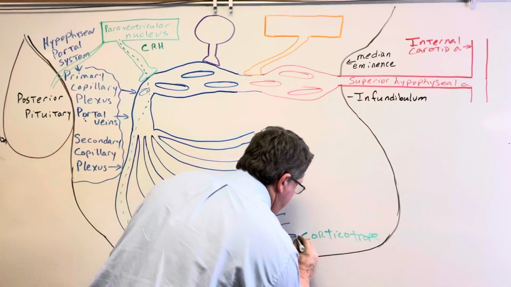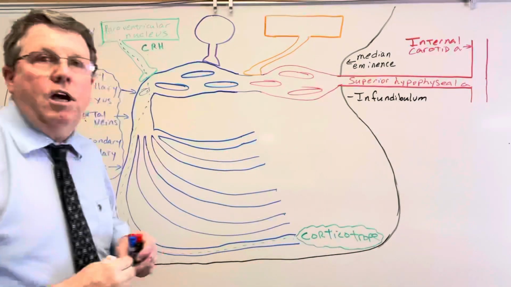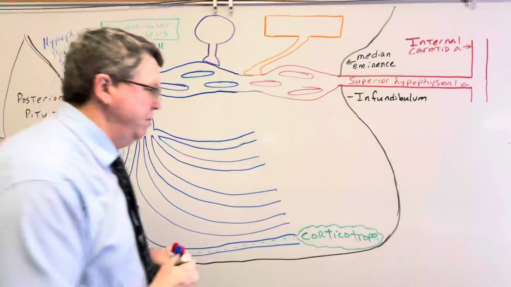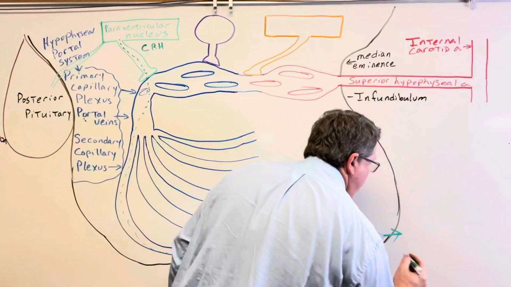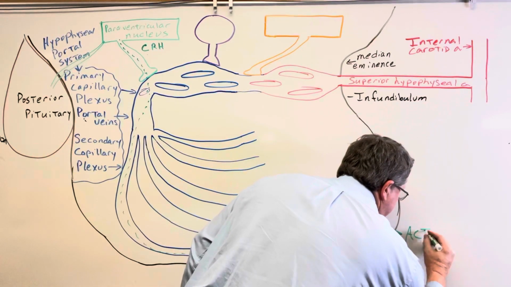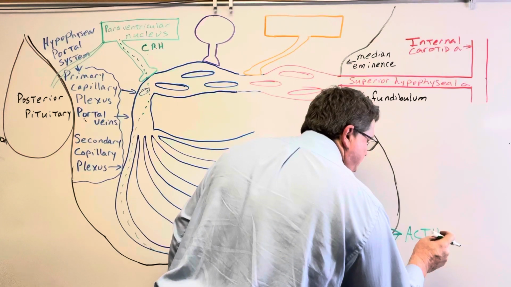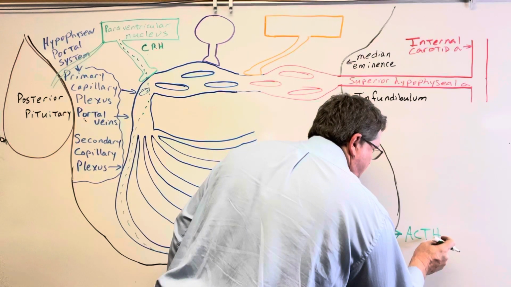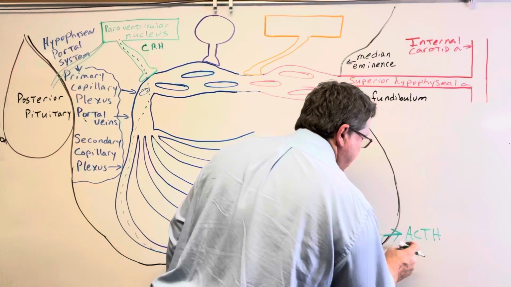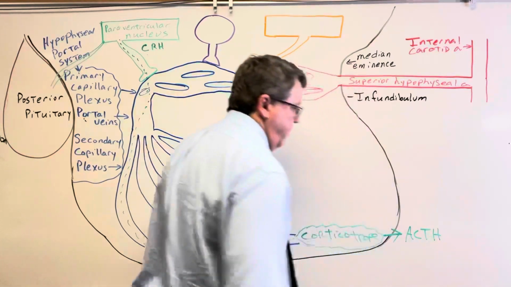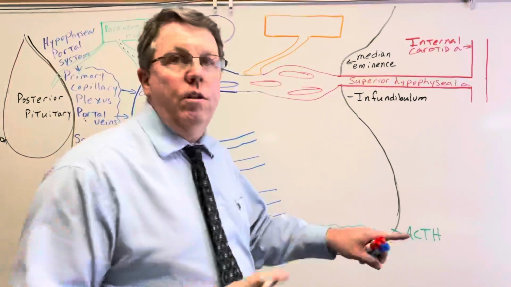Okay, that's the name of the cell. It's called a corticotrope. And then what's going to happen is this is going to cause the corticotrope to be stimulated, and the corticotrope is going to release a hormone called ACTH, adrenocorticotropic hormone. So now what's going to happen is our adrenocorticotropic hormone is going to go through the blood, and